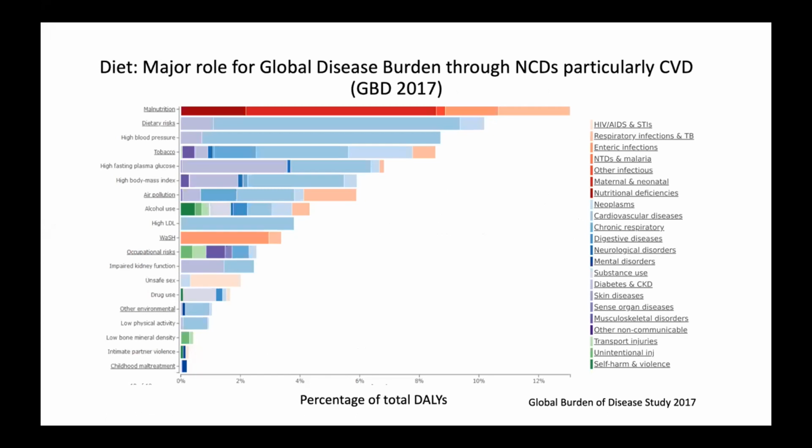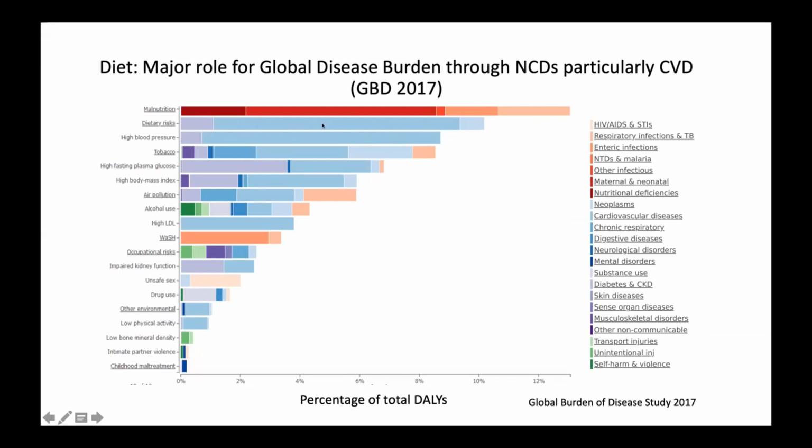You will see the disability-adjusted life year, which is the measure of morbidity. Malnutrition is the number one cause of DALYs, based on the Global Burden of Disease 2017 data, at almost 15%, followed by dietary causes. If you break down what leads to this disability, the majority is caused by cardiovascular disease, the blue one, and some is caused by diabetes. So remember,